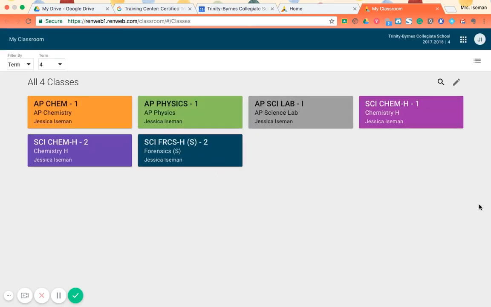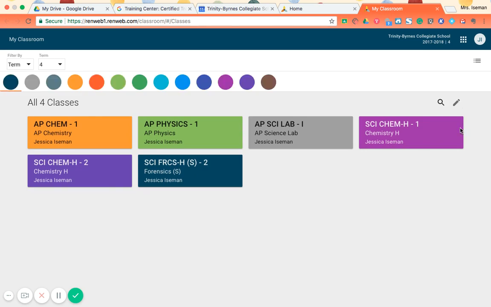So when you click Classroom, it takes a minute to load sometimes. You get this view of your classes. Now, I've color-coded my classes. I can go through with you how to do that real quick. If you just click the pencil up here in the top corner, it gives you the options to go through. You can change the colors of all of your classes. I'm going to go in